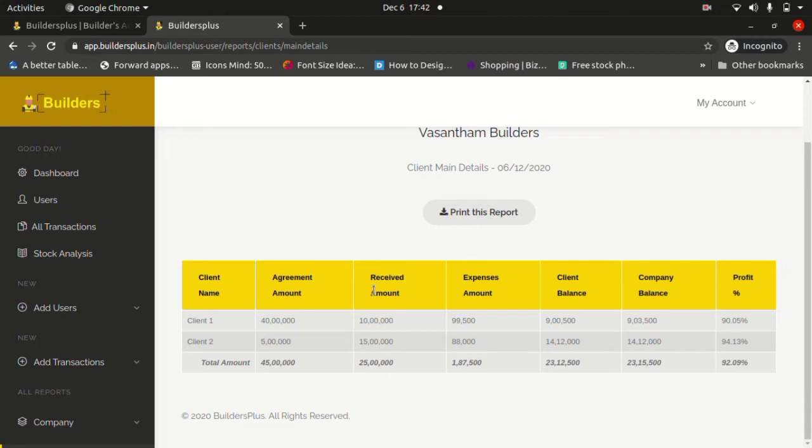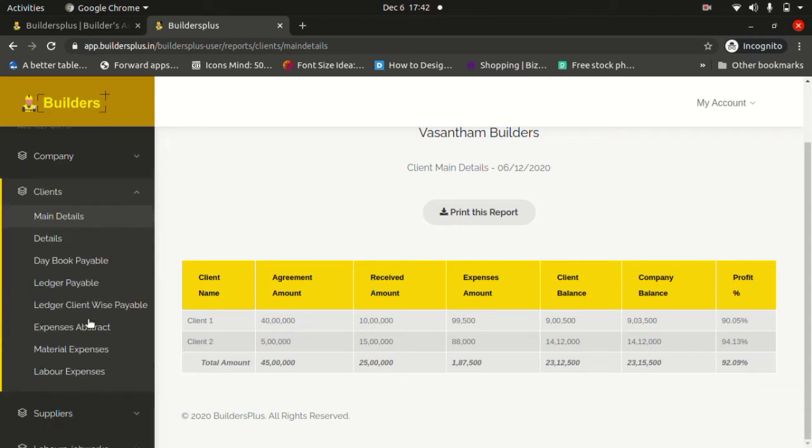Why? Because we should not expose to them our adjustments with the supplier and the subcontractor, right? So these numbers we should not expose to them. That's why we have a separate report for the company and the client side. So this is for the client side, and the table structure is calculated based on the payable amount. Okay, I hope you understand. You can refer to the mobile app. Then I will move on to the details report.